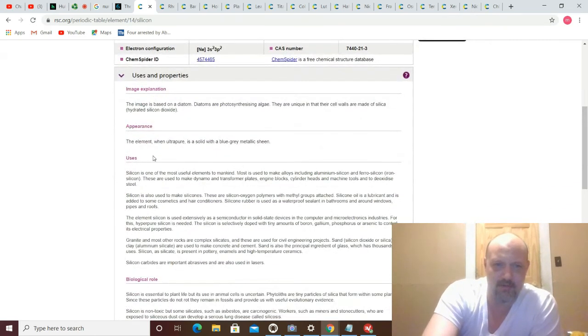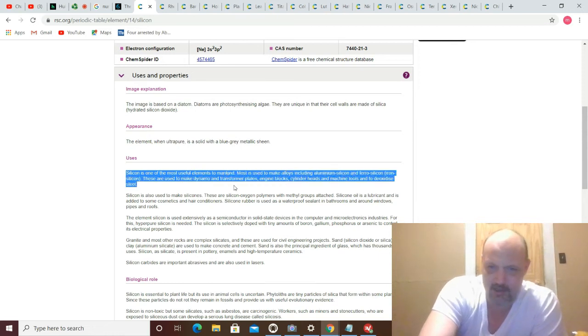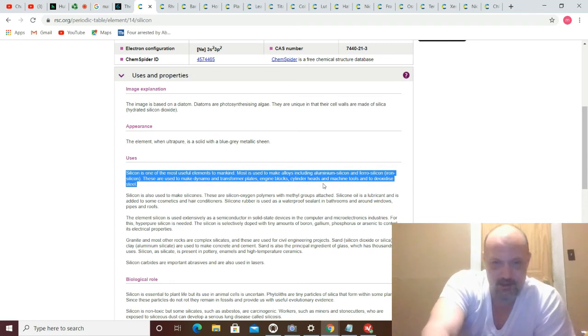It's an element that, when ultra pure, is a solid with a blue-gray metallic sheen. One of the most useful elements to mankind. It's used in alloys, including aluminum, aluminium as it's spelled here, or aluminium silicon, ferrosilicon, iron silicon. And these things that it's used to make: dynamo and transformer plates, engine blocks, and cylinder heads. If you remember in technology, we came across a company that made this very stuff. So that's kind of interesting. There's more uses here,